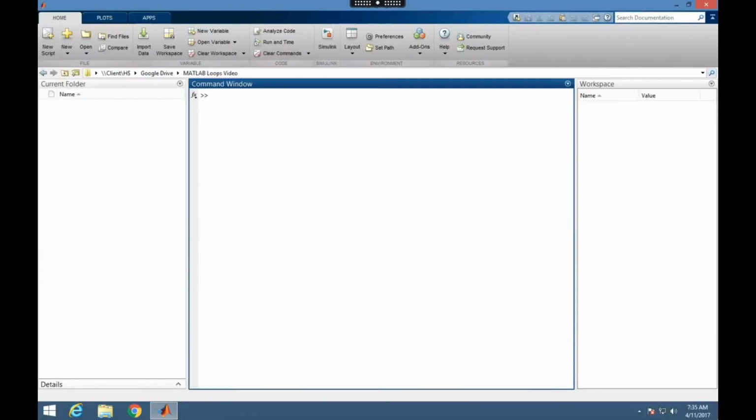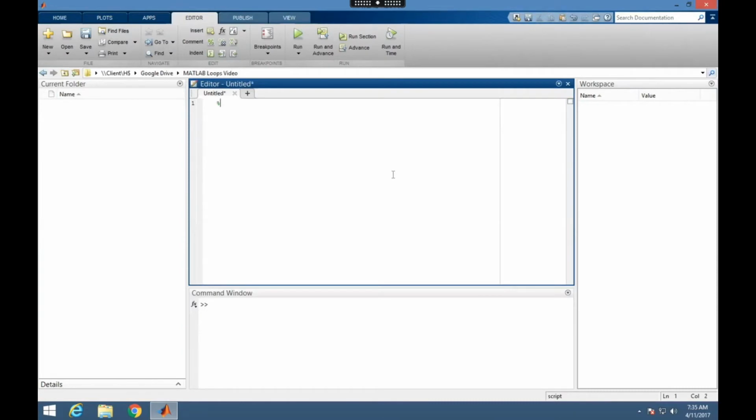So I'm going to navigate to MATLAB, and I'm going to open a new script, and I'm going to comment, and I'm going to say this script is for echo. This is actually an example from Stormy Attaway's textbook on MATLAB, the link to which is shown in the description below. So in this example, this script loops to repeat the action of prompting the user for a number and